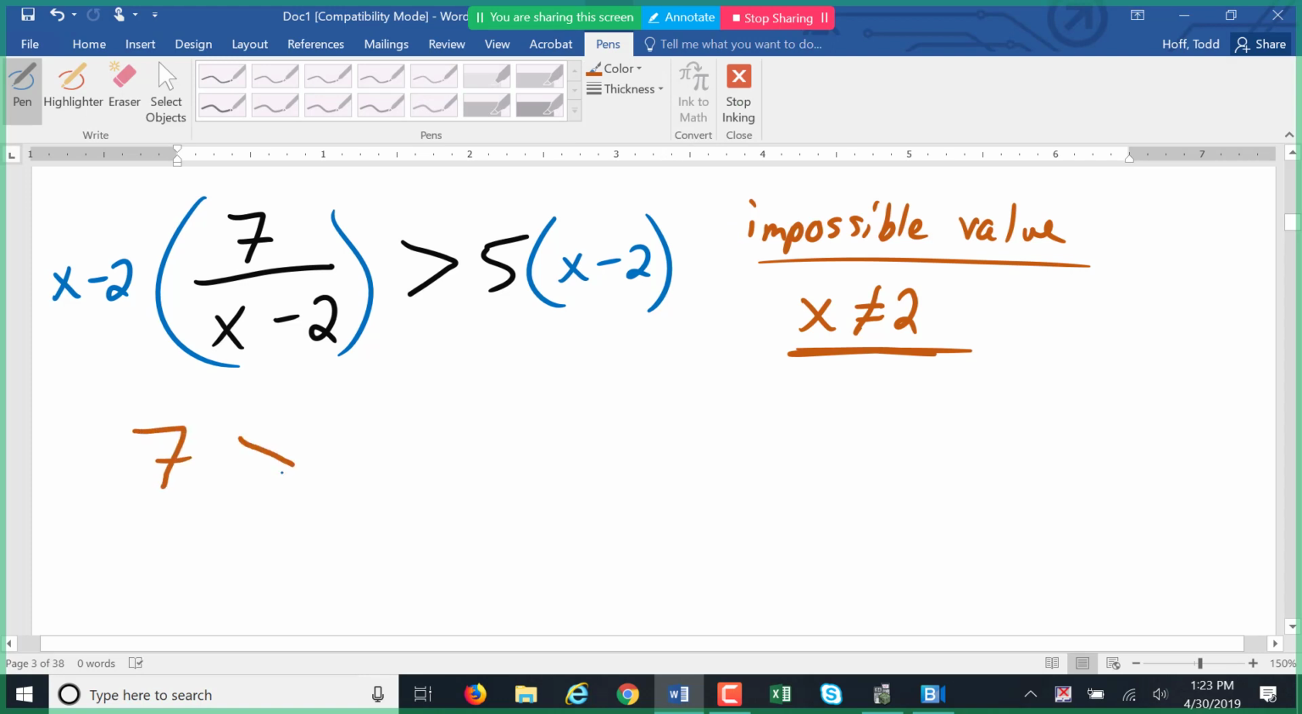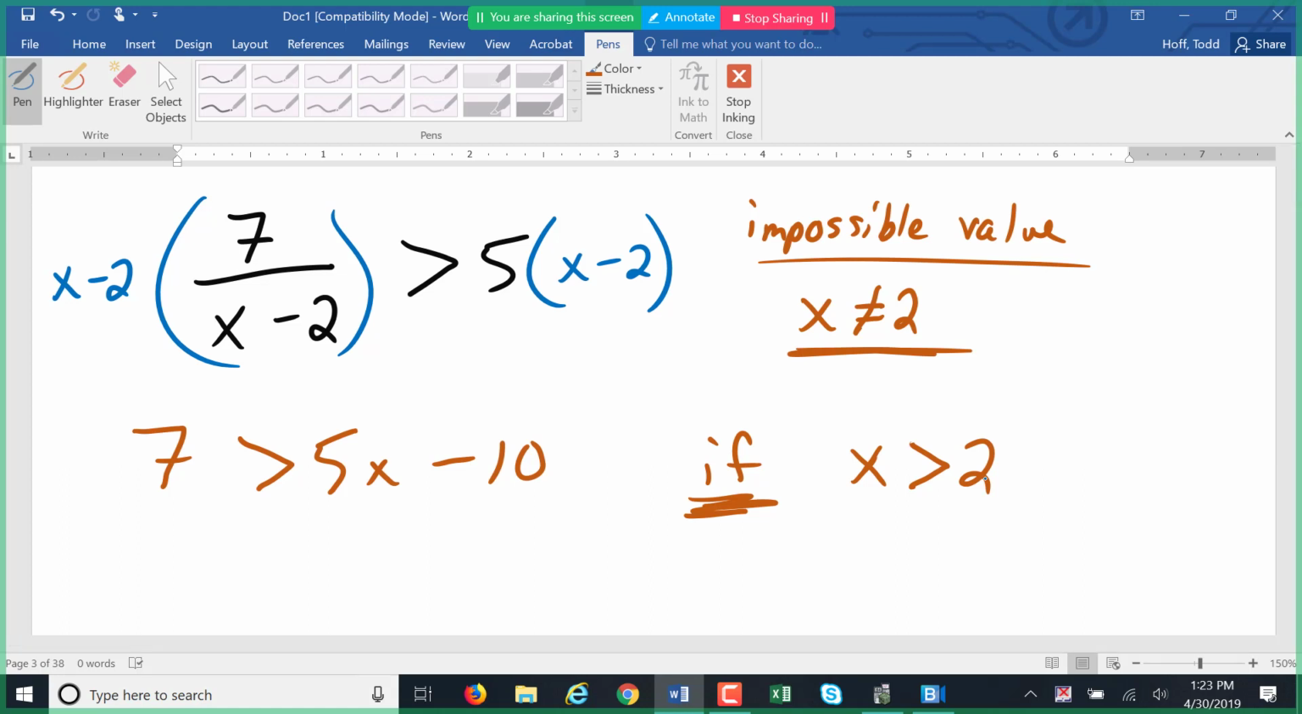So we have 7 is greater than 5x minus 10. There's a big if here. Why do I say if x is greater than 2, 7 is greater than 5x minus 10? If x is greater than, oops, go ahead. I was going to say 0 or 1 wouldn't be greater than 7. 7 wouldn't be greater than, oh yeah,